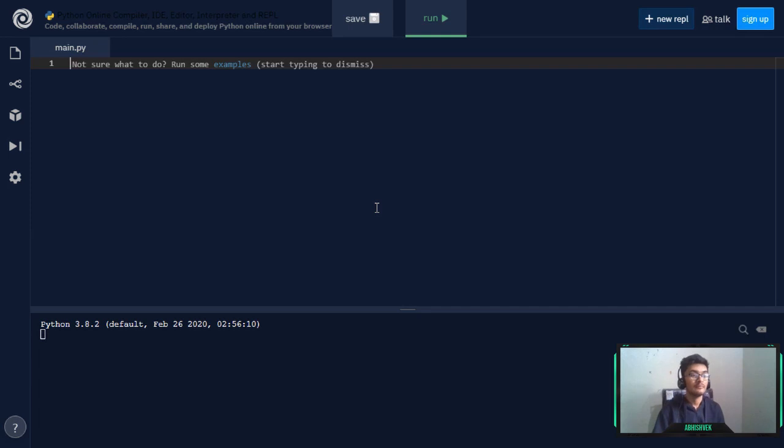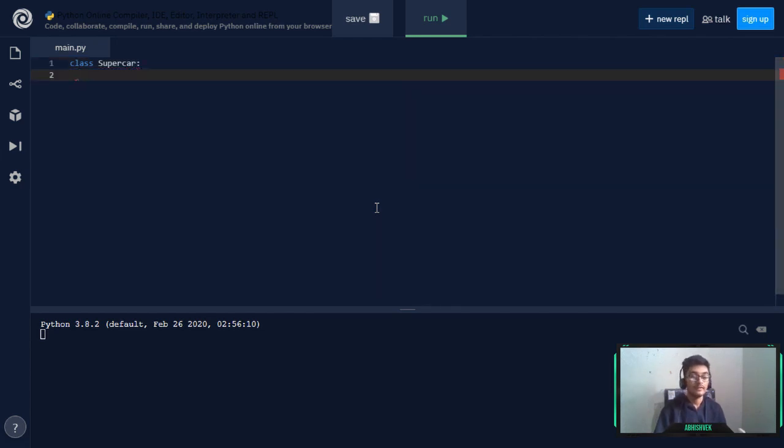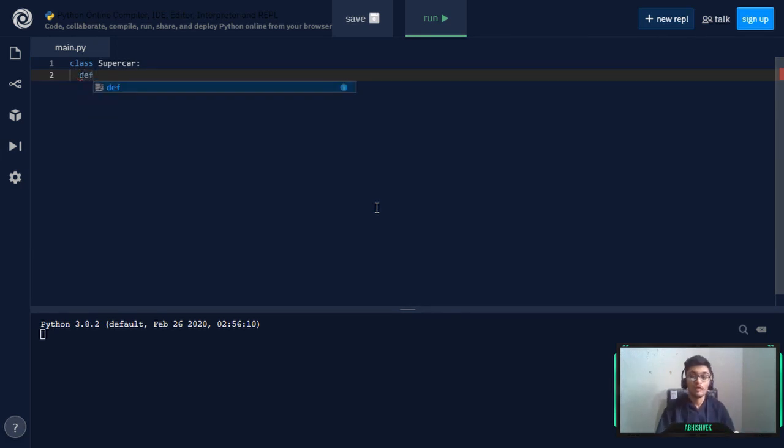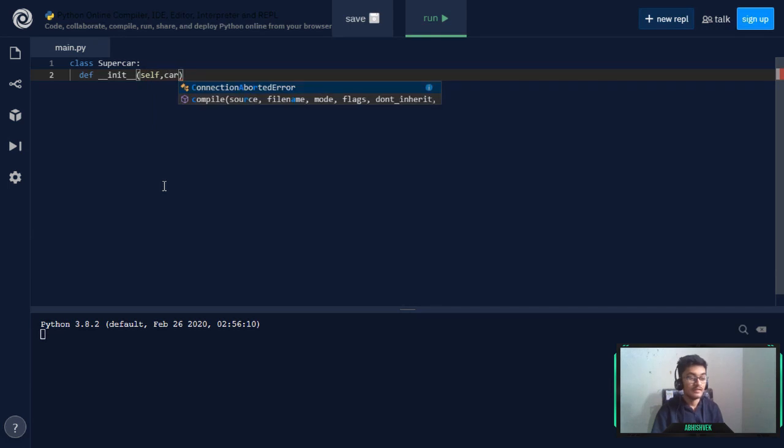So coming here, I can simply write a class, let's say a class of supercar. Now it will take a colon. Coming down here, you have to write its dunder method, and dunder methods are just some magical methods which are used for passing some instance objects. So if I type here def __init__, now this init method is used for initializing the objects to the particular instance where the class is instantiated. So here I can give it an argument of self, similarly car, as well as its speed, and similarly its average.